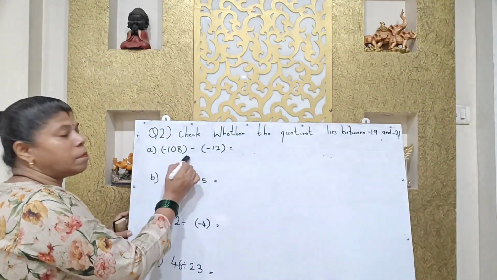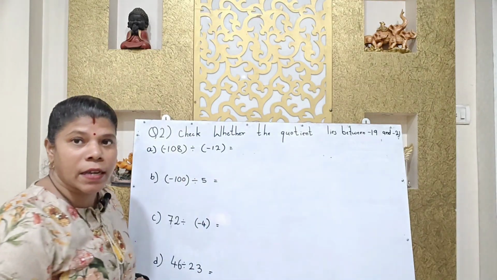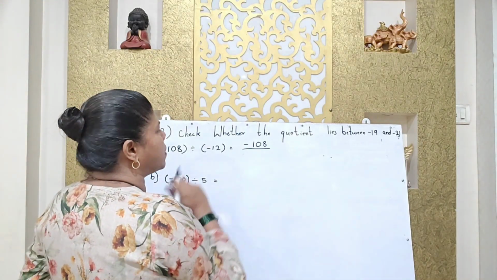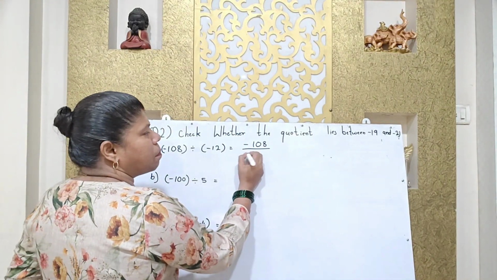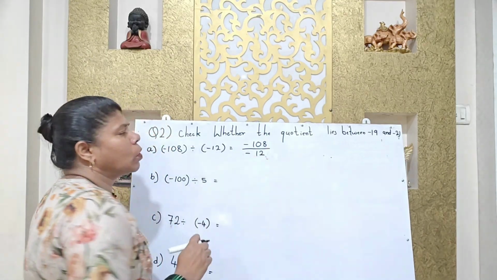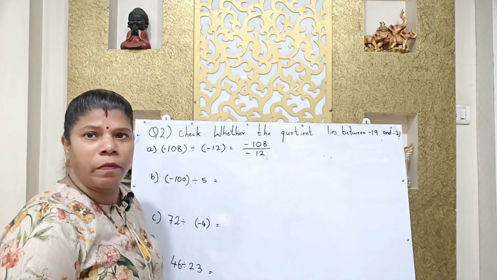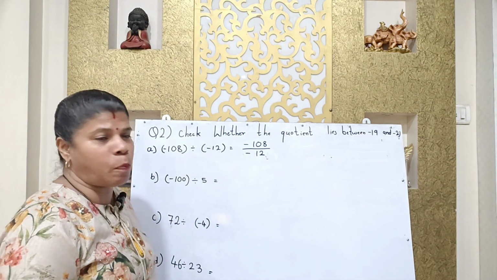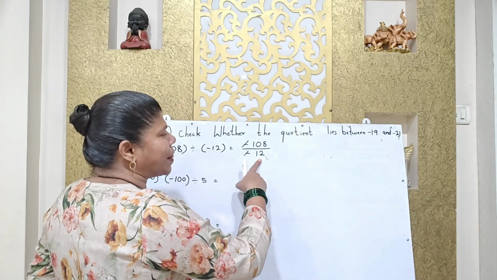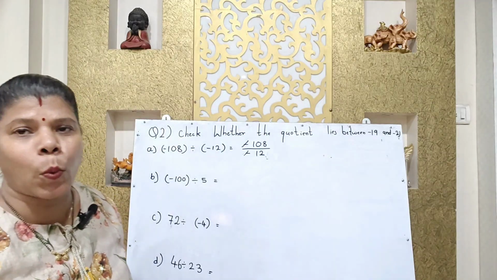So this first number is a dividend and second number is a divisor. So first we'll write the dividend. Dividend is -108 and divisor is -12. So you can notice the numerator and denominator both are negative, and we know that negative by negative is always positive. So we cut this sign. Now we will say the 12 ka table and check whether 108 lies in the 12 ka table.